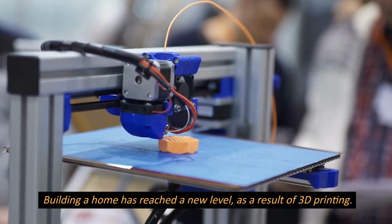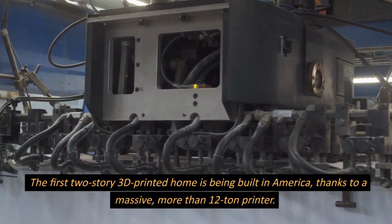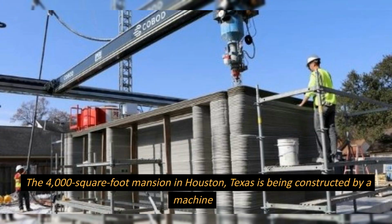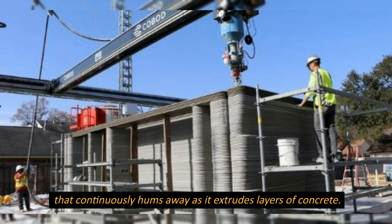Building a home has reached a new level as a result of 3D printing. The first two-story 3D printed home is being built in America, thanks to a massive, more than 12-ton printer. The 4,000 square foot mansion in Houston, Texas, is being constructed by a machine that continuously hums away as it